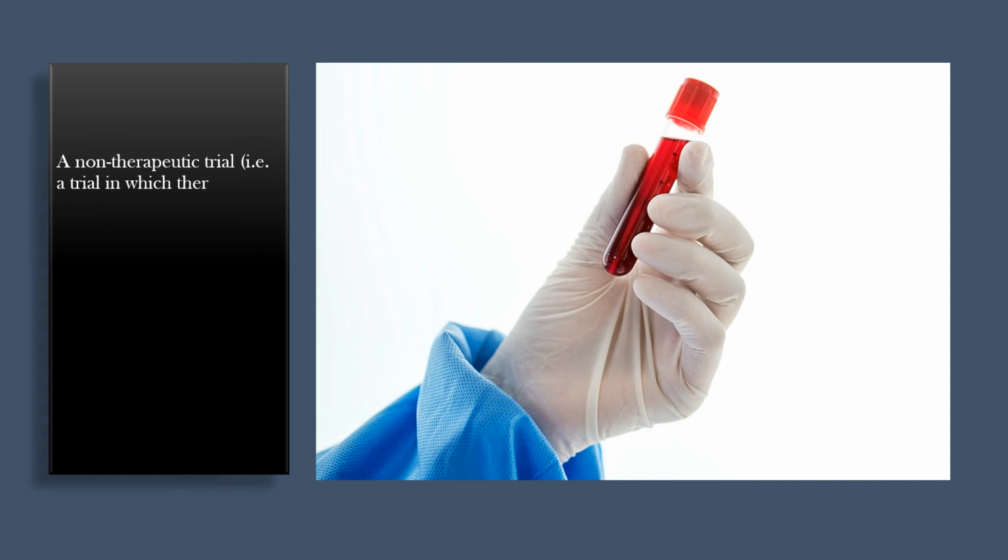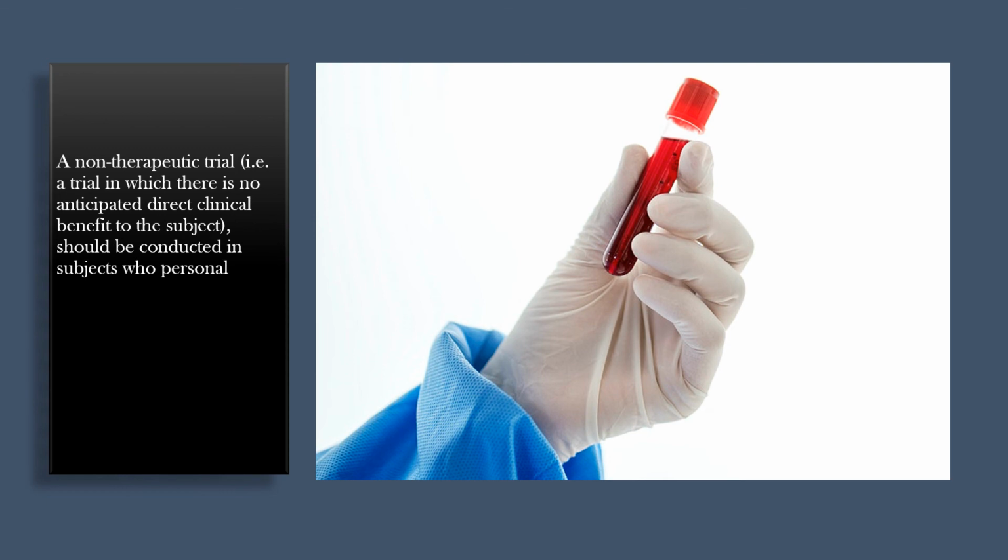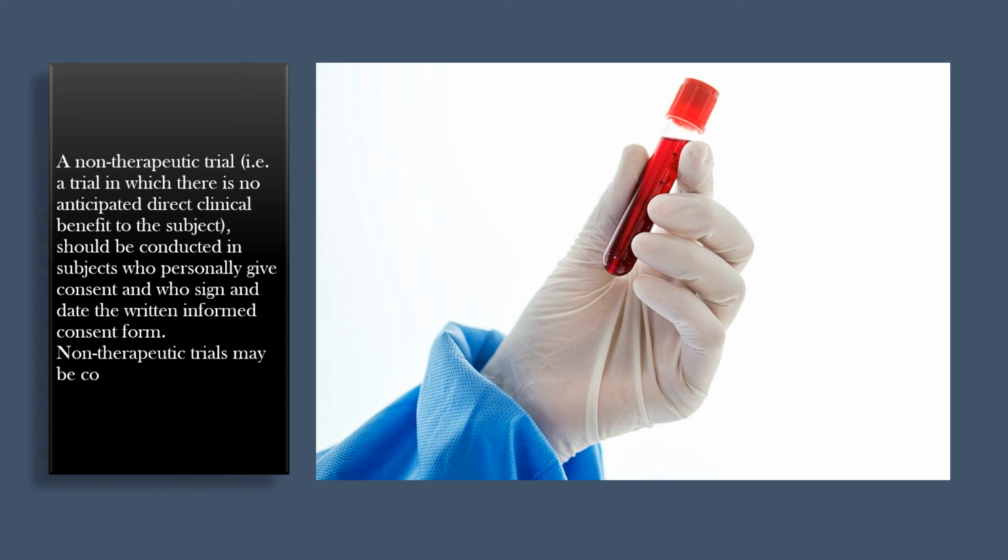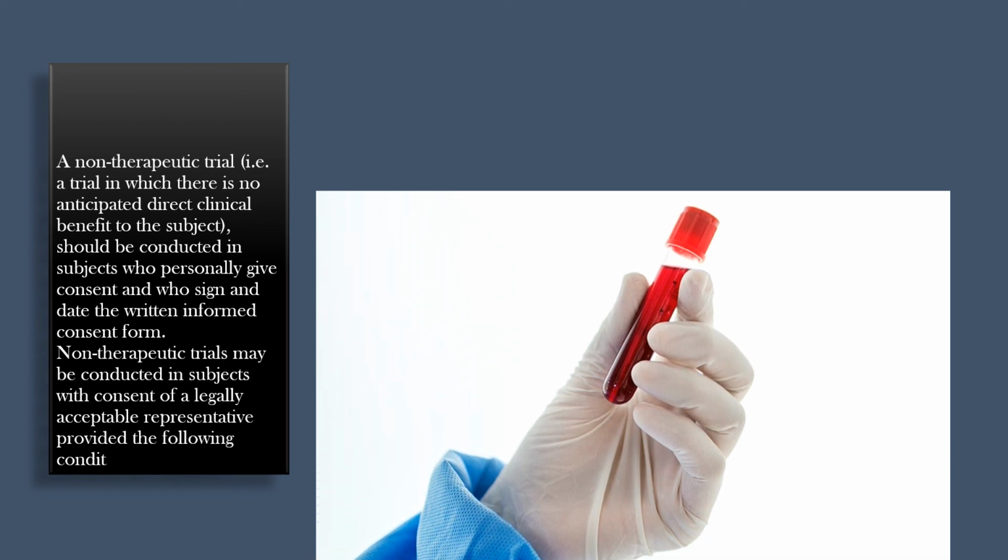A non-therapeutic trial, for example, a trial in which there is no anticipated direct clinical benefit to the subject, should be conducted in subjects who personally give consent and who sign and date the written informed consent form. Non-therapeutic trials may be conducted in subjects with consent of a legally acceptable representative, provided the following conditions